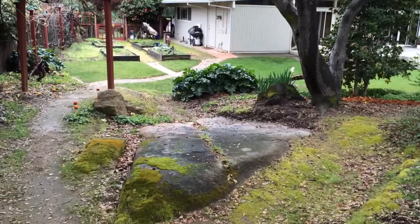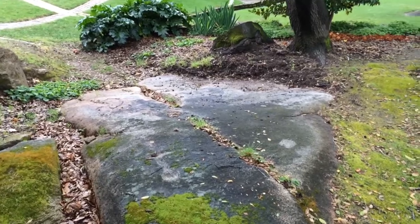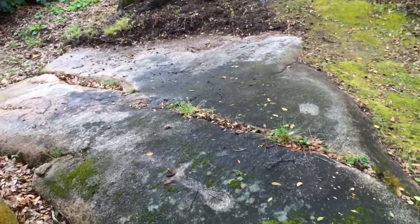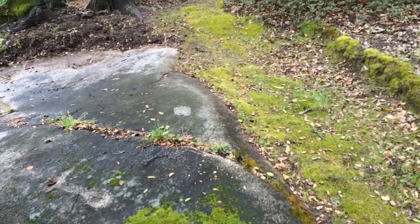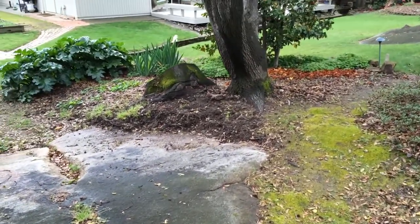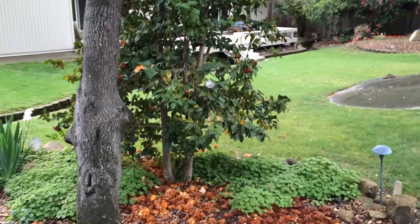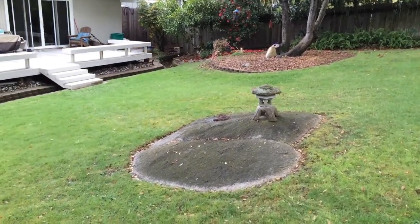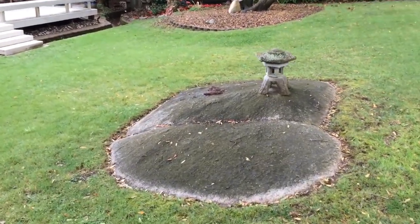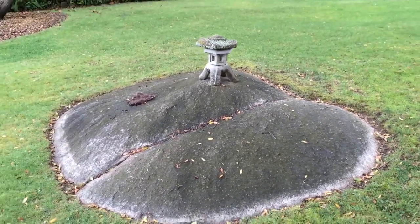They weren't imported. This large granite outcropping, as you can see, I kind of excavated it to make it bigger. That is not a Native American petroglyph. My son did that when he was young. But you can see how big this granite is underlying the area, and hence the name Granite Bay. And this one in the middle of the turf area, which is nice. The cat likes to come sit on it and sunbathe, and I like to prop myself up and get some sun, watch the squirrels play,